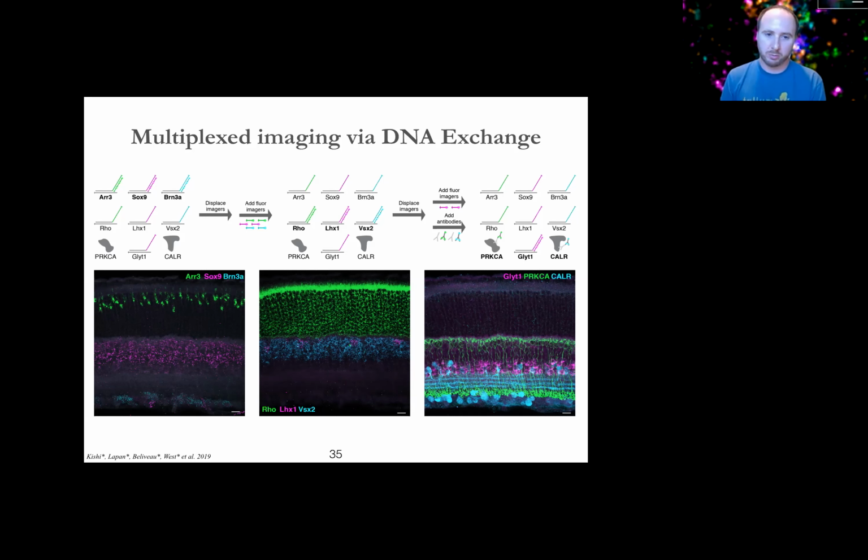And there's just no way to get around that bounding if you're trying to do a 1-to-1 stoichiometry between target site and labeled oligo. But SABER cheats because we make a whole big repeat where there are many, many copies of the same binding site repeated over and over. So we don't actually necessarily have to get to saturation. We just need to get enough oligo on there that we can see the thing. And we can do that much faster because we have that kinetic advantage. I think this is on the order of 5 or 10-fold faster than anything else you can do right now, just in terms of how long each association step takes.